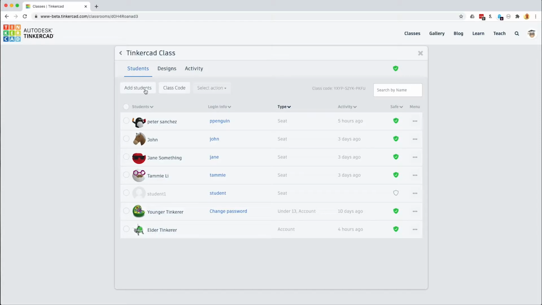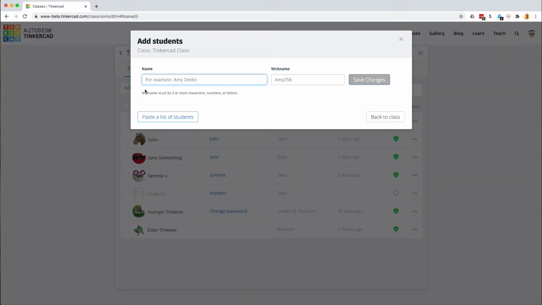Now, what a seat is, again, is an access point for a student to join your class. It's something the teacher sets up and owns. So to create these seats, you could come in here and then enter a name, and it doesn't have to be any personal information really. It can just be anything you want that'll help you identify it. And then you can edit the nickname, which you might want to make a little bit more cryptic than that, but the student does have to remember this bit. So if I click Save Changes, I've added